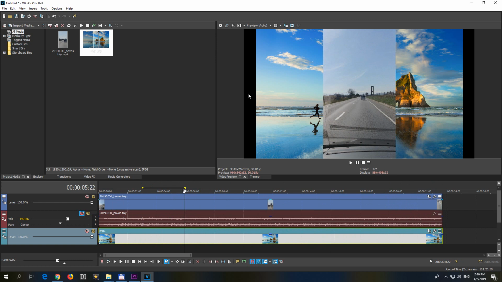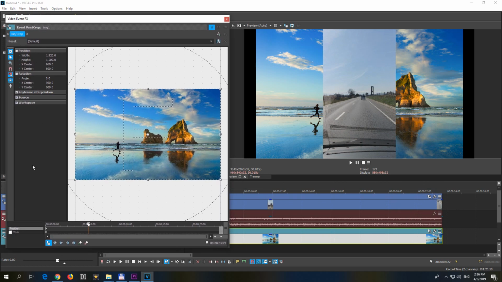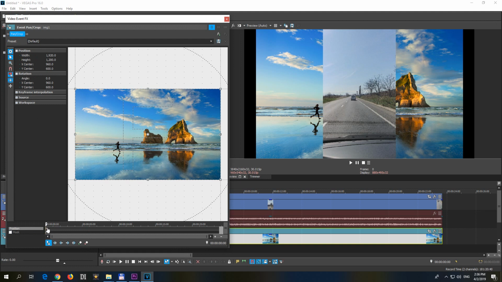Okay, we have another problem. This one, the black bars on the two sides. To eliminate those, go here to the JPEG's event pan crop, that first button. Okay, then in this window we have position and mask. Make sure you're on position and click on the first keyframe, the top one. Okay, now uncheck this lock aspect ratio, and